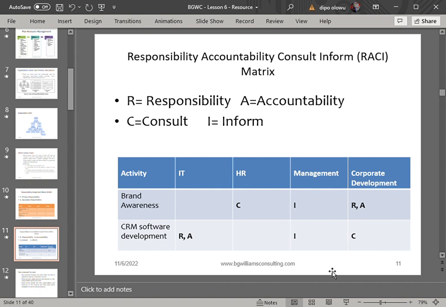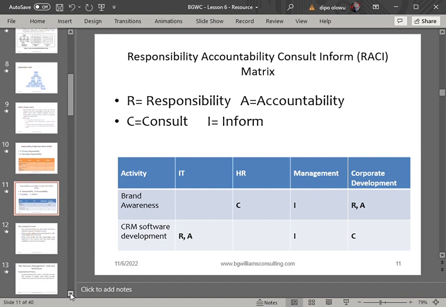Okay, so this is simply the resource matrix-based method of assigning roles and responsibilities to team members. Okay, so take note for the purpose of the exam. Then,